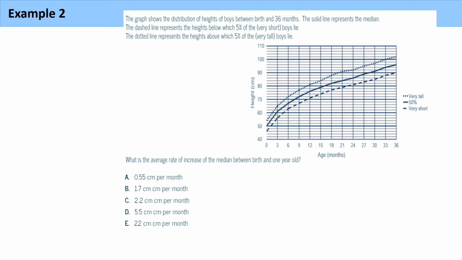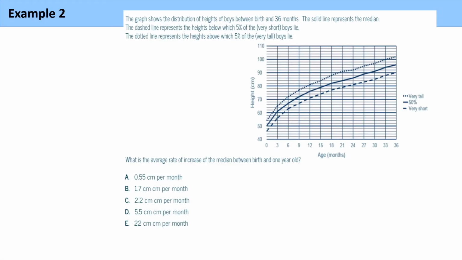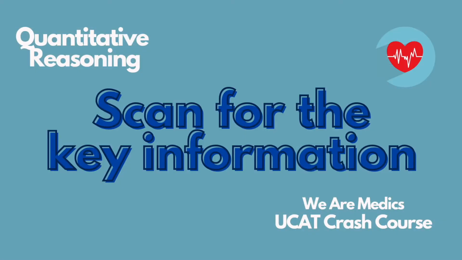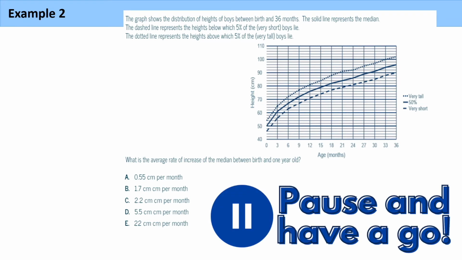So the way to approach this for me would be to first read the introductory bit at the top that just describes what the graph is about, and then to move on to the question itself without seeing what the graph is in too much detail. And then after reading the question, you can go back and have a look at which pieces of information you need from the graph itself. So at this point, it might be good for you to just pause the video and try and read the question and just think about ways in which you could approach it.